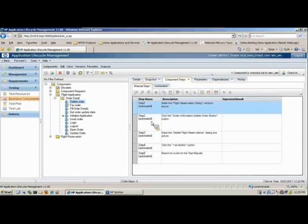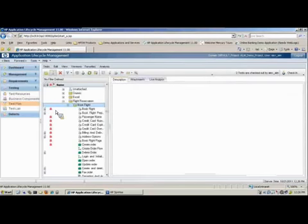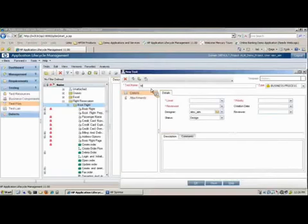So once we've created this library of components, we want to be able to quickly use them. The whole point of BPT is to speed up, so you can spend a bit of time in the first place creating your components, but then you can quickly reuse these components and deploy new tests. So you can make sure that your individual components are accurate. You've created them once, the log in, log out, whatever it may well be, and just reuse all the time. So within Quality Center, we come down to test plan, and we can create a new test based on those components. So I'll come up here, define new test, give it my test,